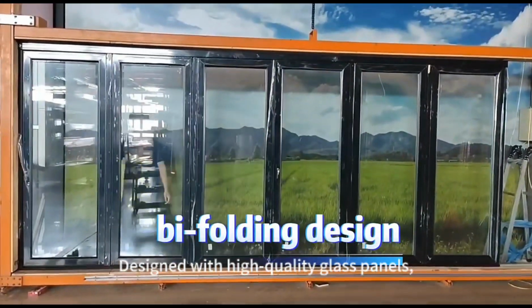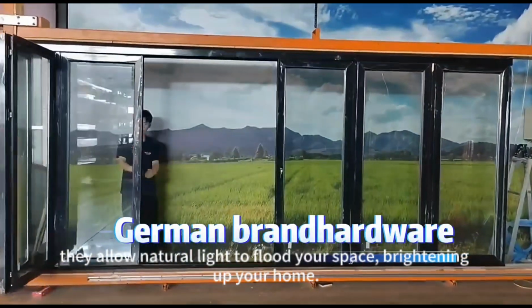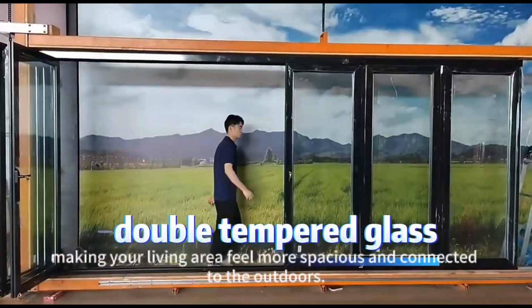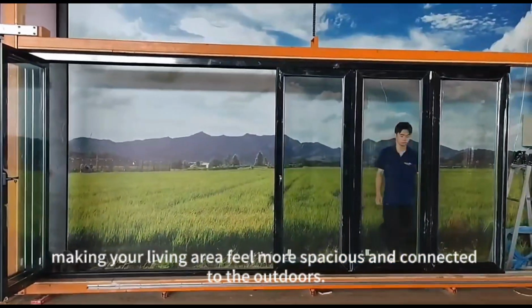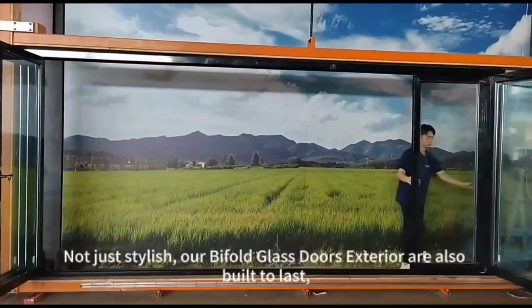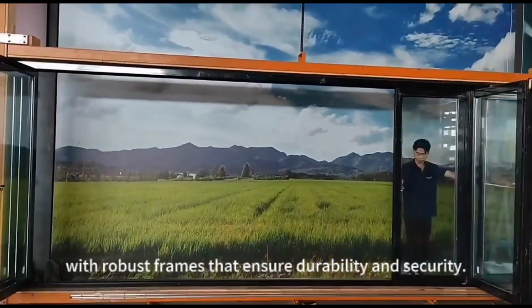Designed with high-quality glass panels, they allow natural light to flood your space, brightening up your home. And when fully opened, they create a wide opening, making your living area feel more spacious and connected to the outdoors. Not just stylish, our Bifold glass doors exterior are also built to last, with robust frames that ensure durability